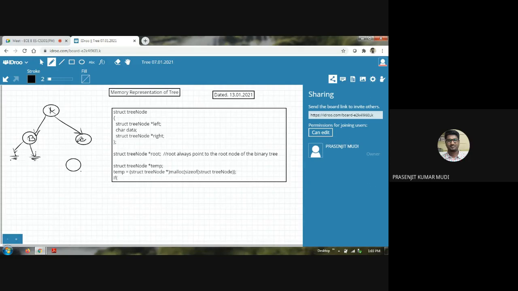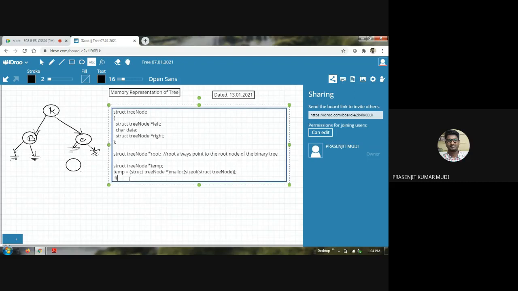Okay, similarly this is null. The left pointer is null, right pointer is also null. So how can you check that a node has a left child or right child? Simply by checking whether its left pointer or right pointer is pointing towards null or not, right? So that is the idea.